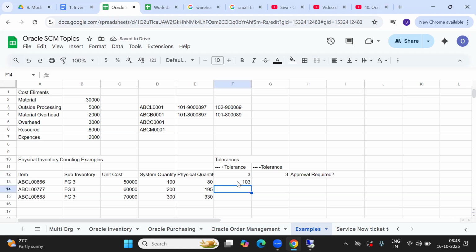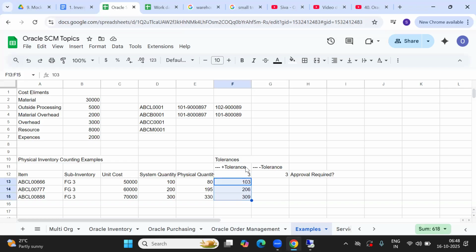So for this, what is the positive percentage on this 200? 206. Now you're understanding how this percentage is calculated, right? On this, sorry, 309.